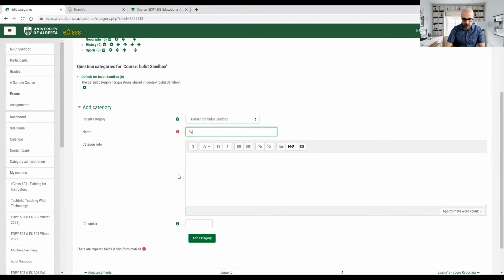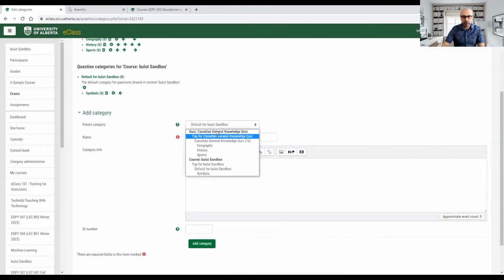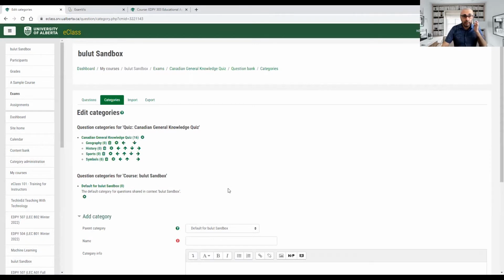And maybe the last one is the symbols. That's how I will group my questions. Actually, I just put the symbols here, so I'll put it under here. Basically, symbols. Yeah, there you go. And for any category that you enter, if you change your mind, you can go ahead, click on delete, and it's gone. So right now I have 4 categories. As you can see, there are 0 questions associated with each one.